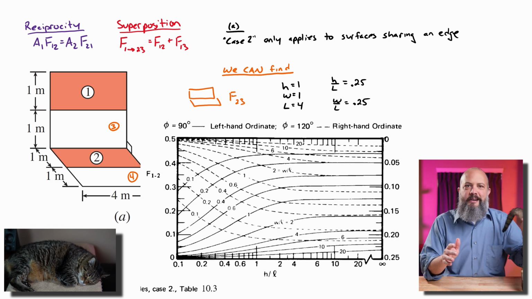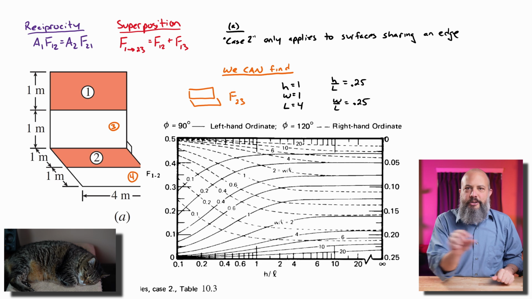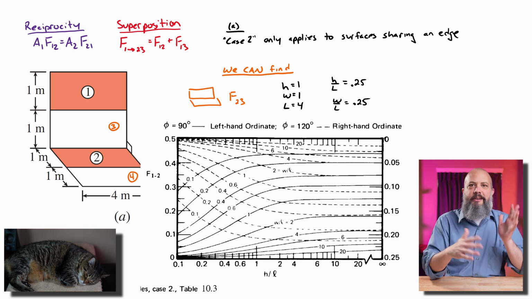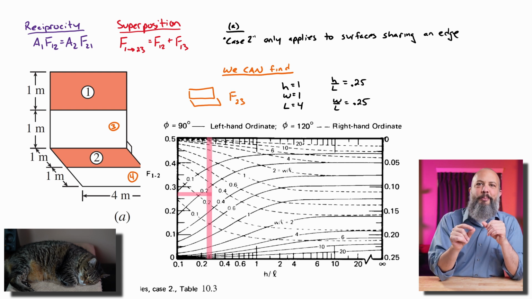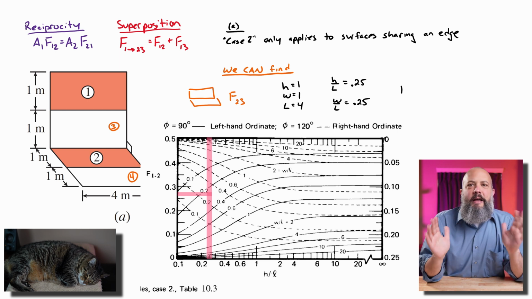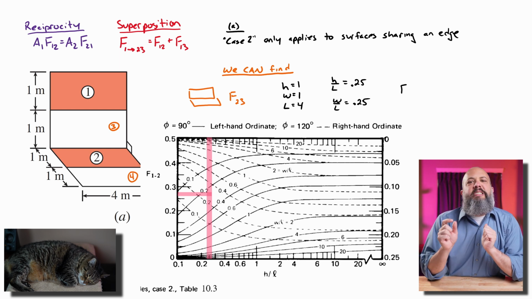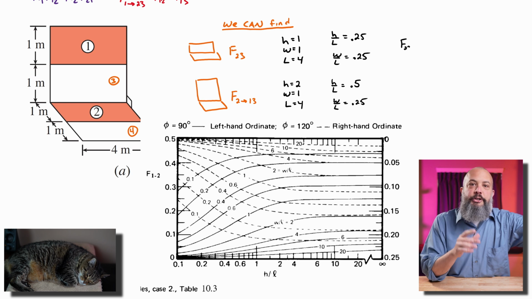So go to the table here, look up H over L is the horizontal axis, W over L is all of the swooping diagonal lines. I'm going to have to look kind of in between the 0.2 and the 0.4 to find 0.25, but so F23, 0.27. And we do the same thing for F2 to 13, where it's kind of the same, except now